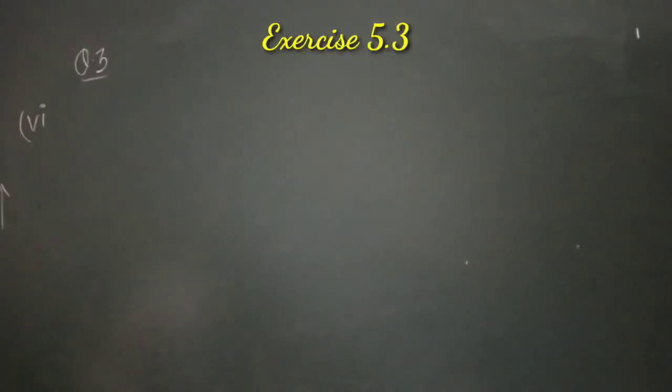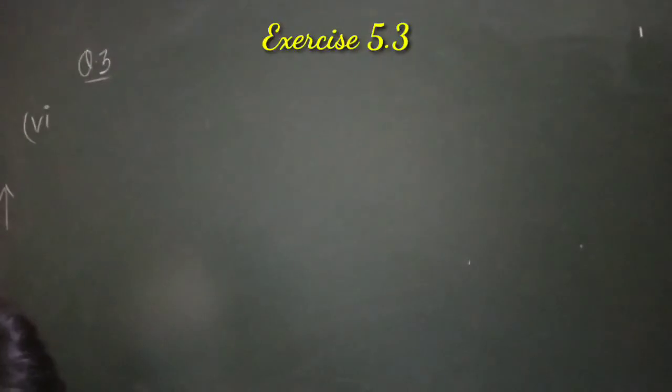Okay students, see in your books part 8. In part 8, a is given to us, d is given to us, Sn is given to us: n is 4, d is 2 and Sn is minus 14. So it is just like question number 7. You will have two equations. One you will get from the nth term, a plus (n minus 1)d equals 4, and second you can use the formula of sum, n upon 2 times (2a plus (n minus 1)d), and by solving these two equations you will get the value of n and a. So do this question by yourself. It is just like question number 7.